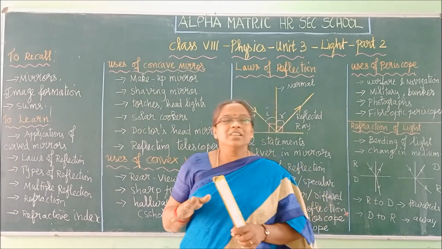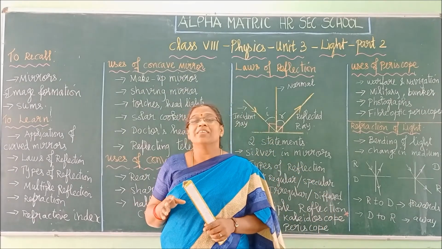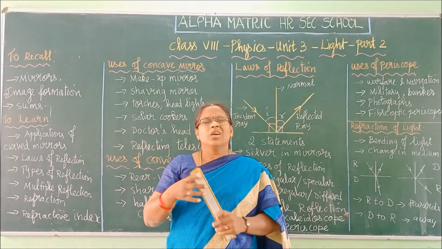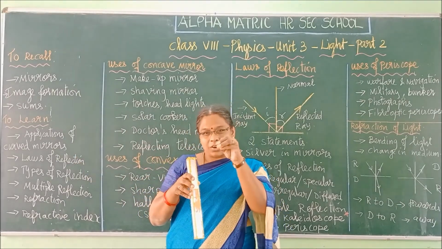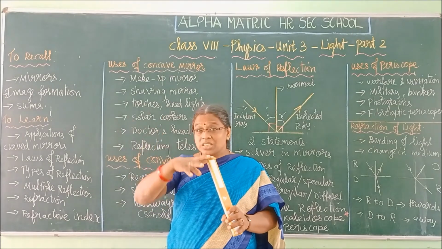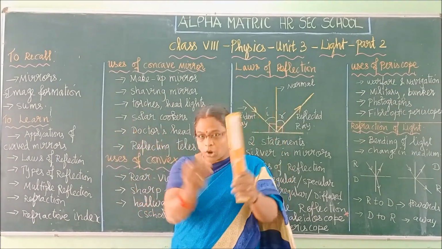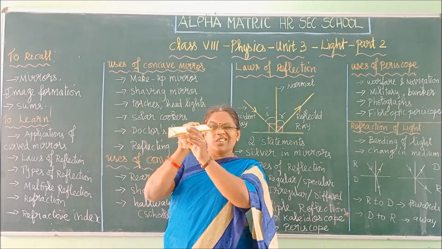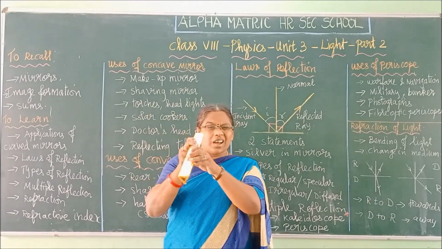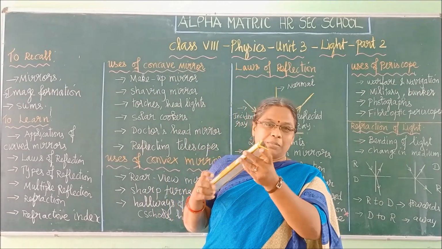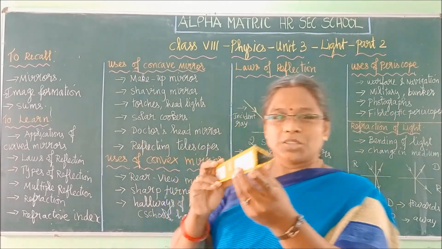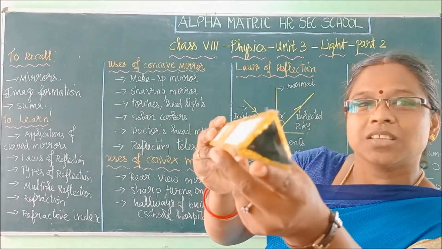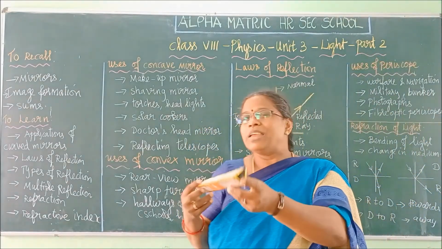When you are seeing these patterns, children, some people never have the attitude of joining the image with the patterns. They will focus only on the bangles and all. Not like that. Reflecting images also you can correlate, you can join and see. Then only you can see beautiful patterns inside. If you rotate, you can see patterns inside. Now this may not be clear.